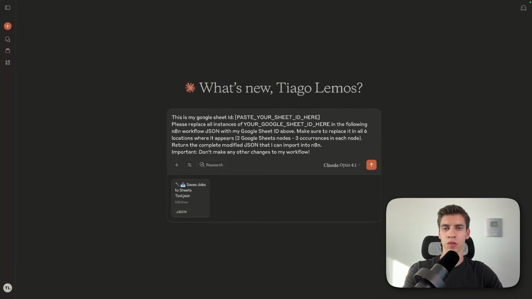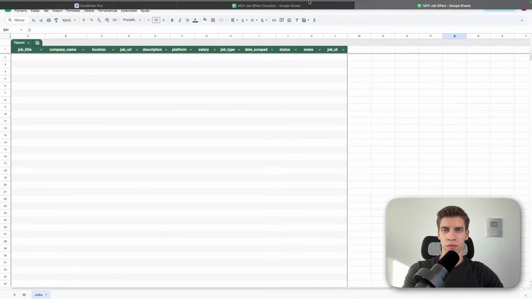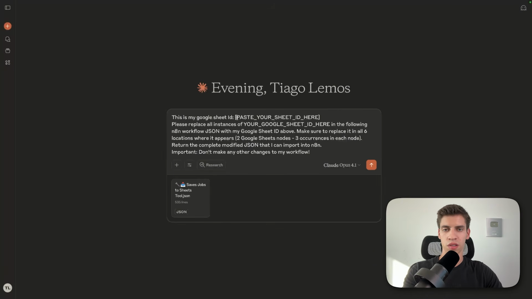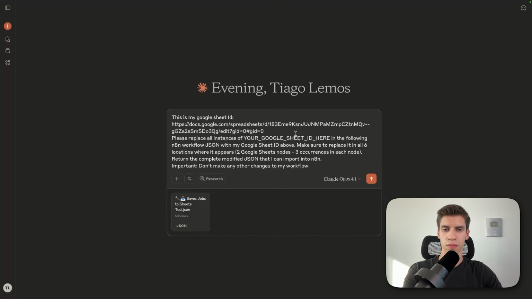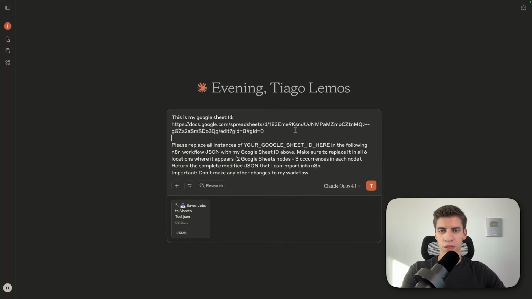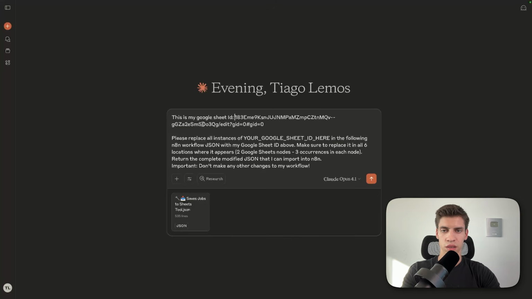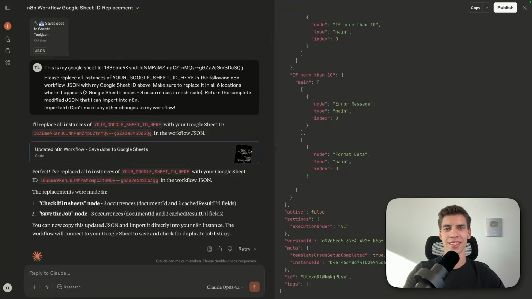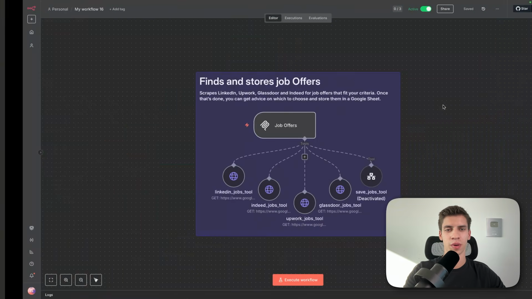And now go back to the Google Sheet template, copy the URL, and where you see paste your sheet ID here, just delete this and paste your URL. Now as you can see here, the ID is between this D, so just remove this part, and before this edit, so remove it. And now click enter. And that's it. Now just click on copy, open N8N,